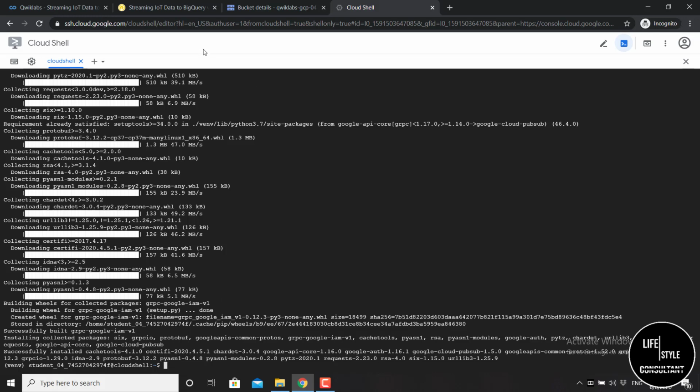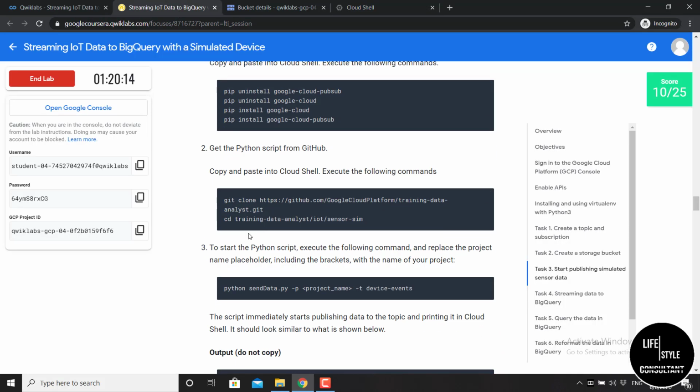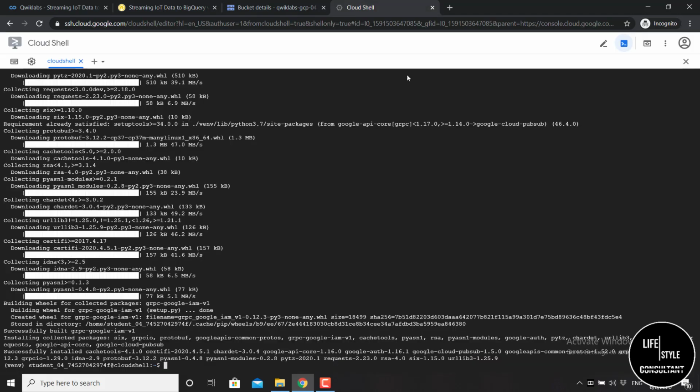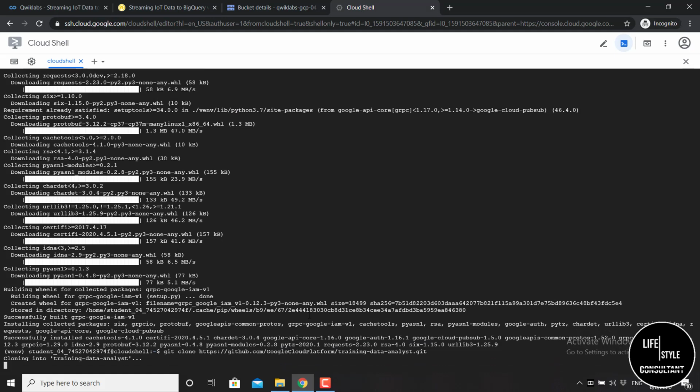Okay, now you have to give this command. Just copy this number 2 command, git clone, go to Cloud Shell and paste it using Ctrl+V.